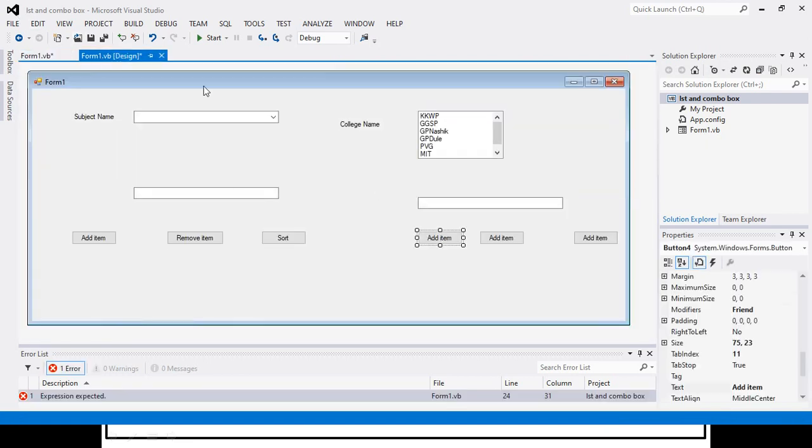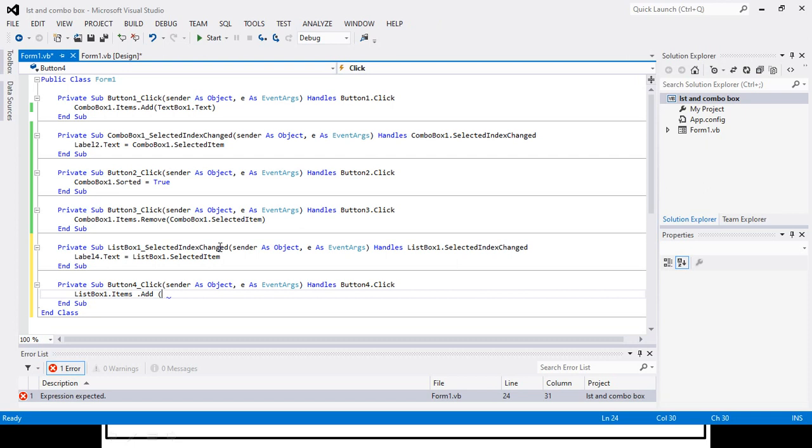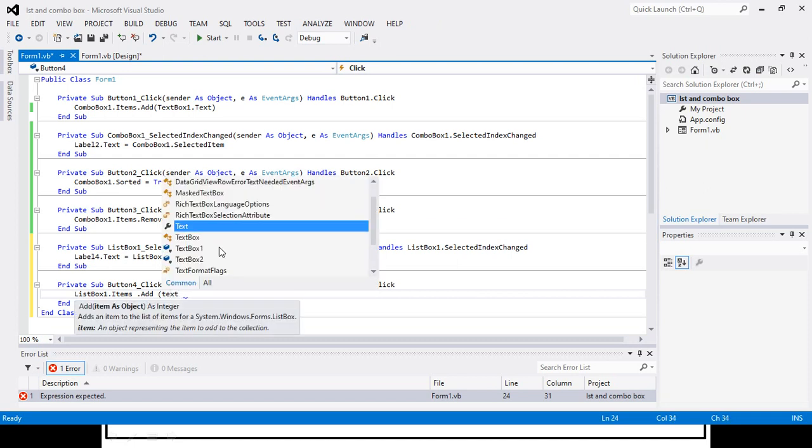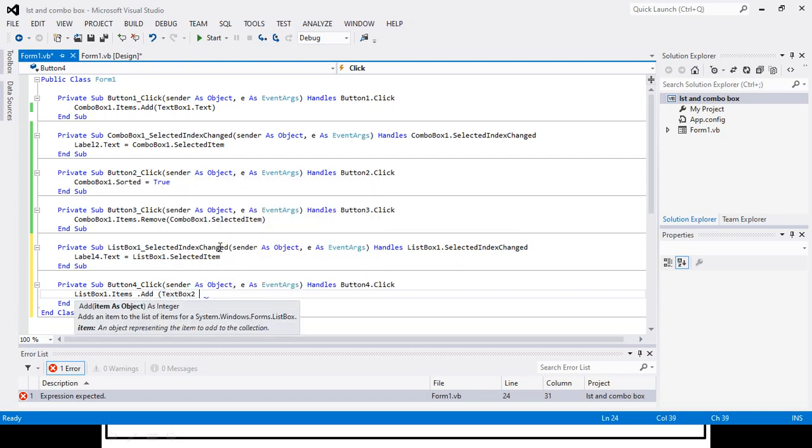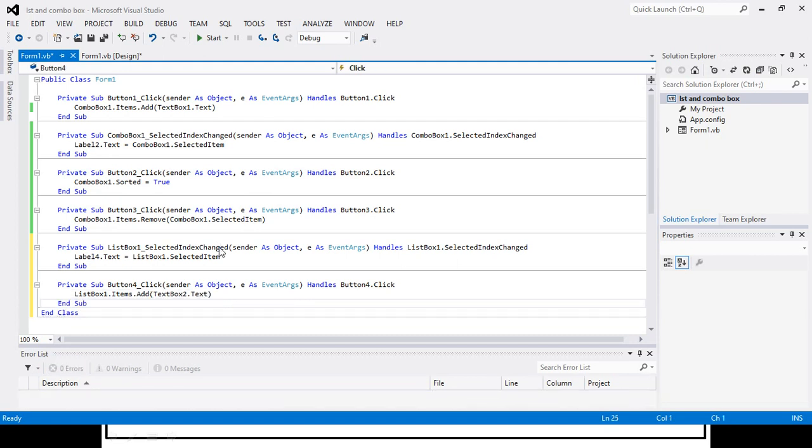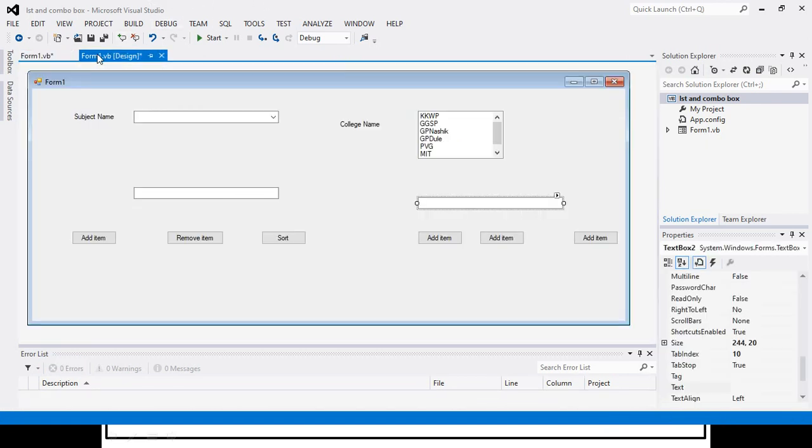What is the name of that text box? The name is text box 2. So I will write text box 2 dot text and close the round brackets. So this is the code for add item.